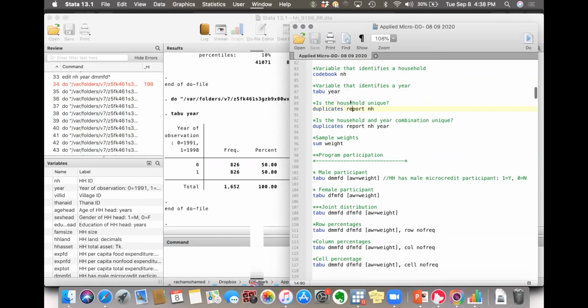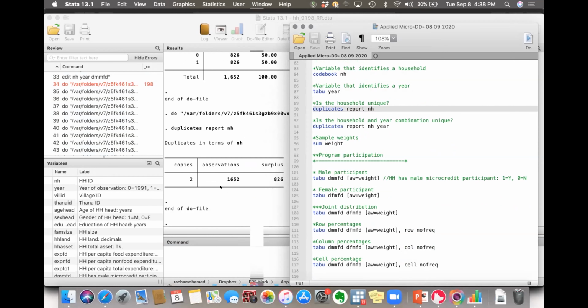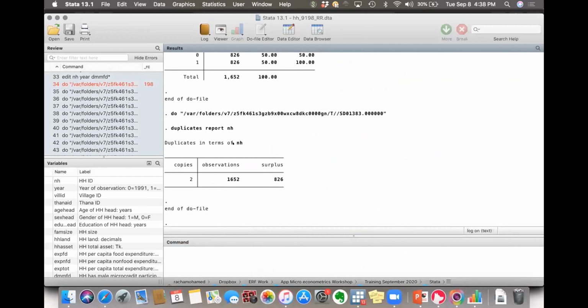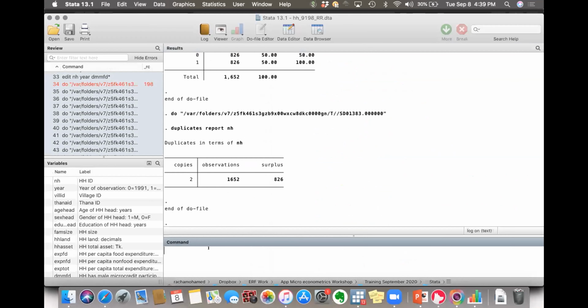The duplicate reports allow us to see how many times each observation is repeated. It reports how many times the household identifier is replicated or duplicated. So we see that for each household identifier we have two times, and this is because we have data in